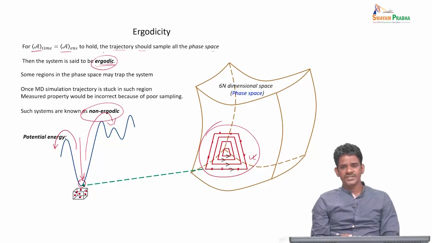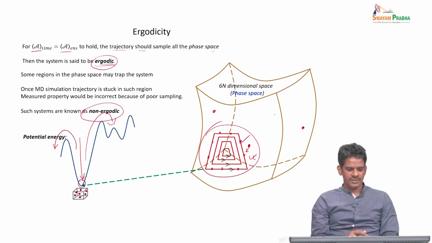The way you can check this is by doing simulations with different initial conditions. Suppose you start with an initial condition somewhere here, get a trajectory from there, and estimate the property. Then do it somewhere else, and keep doing it a few times, and see whether your system's property is independent of your initial state. If so, then you are sure that this is an ergodic system. On the other hand, if the property you measure depends on the initial condition, maybe you have a trapped region, where your property may be different whether you measure it here or outside this trapped region. So it is very important as a simulator to understand the principles of ergodicity and their implication on the measured properties of the system.